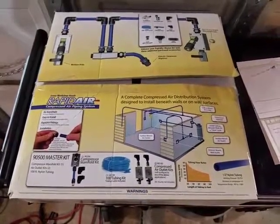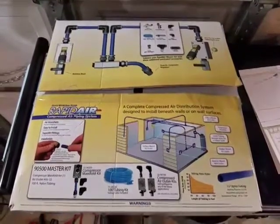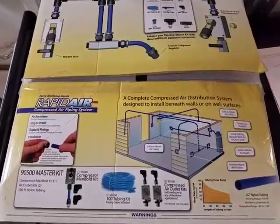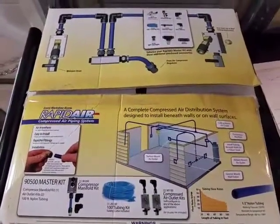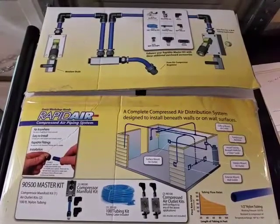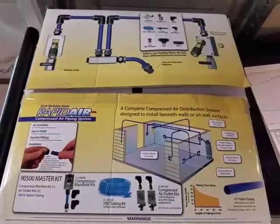Hey guys, just wanted to show you my project that I'm working on today. This is the Rapidair compressor piping system that I purchased from Eastwood. I think it was about 129, I think it was. Basically what it is